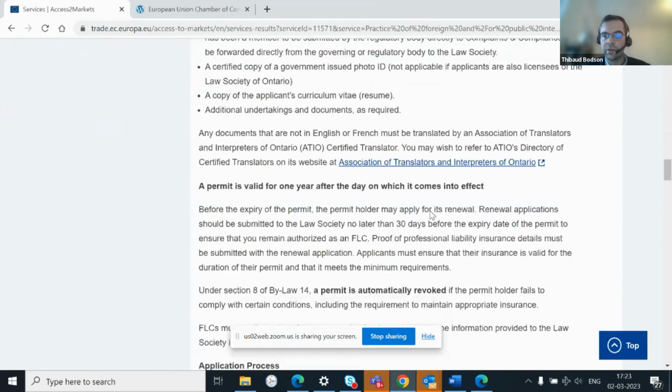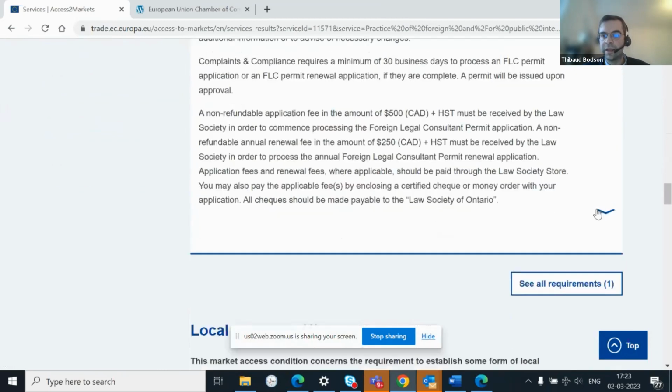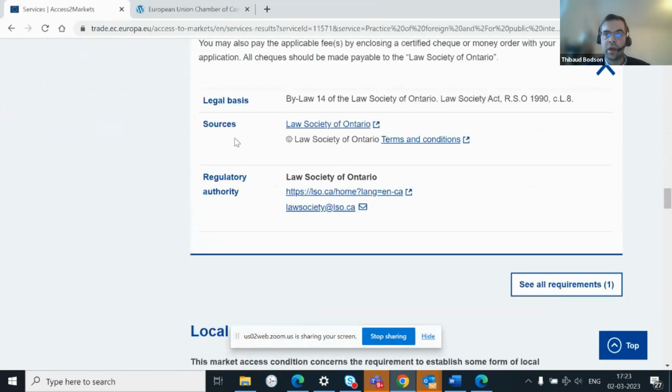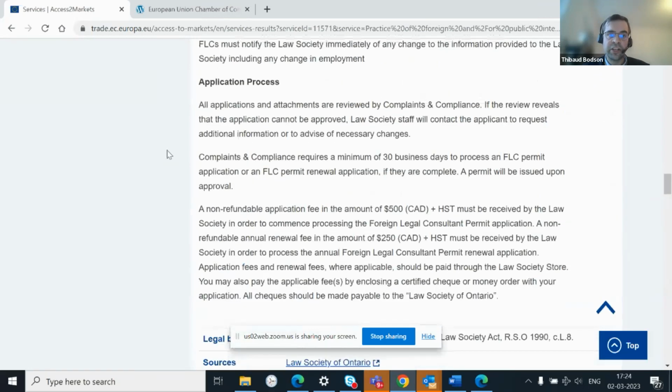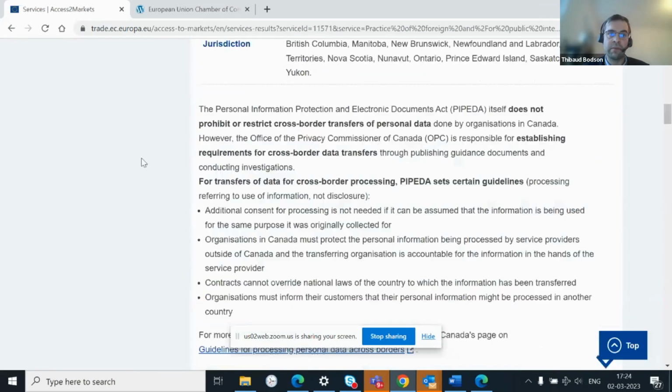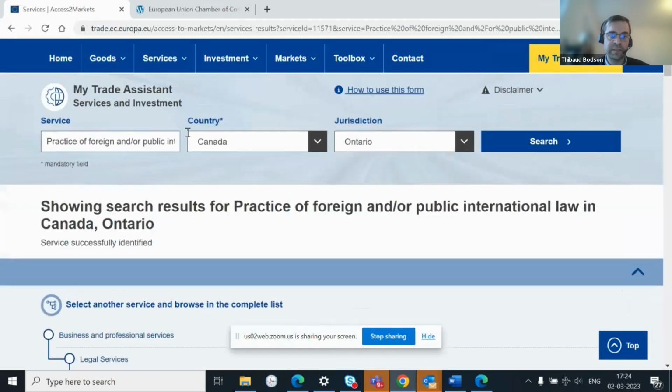If you scroll down, you will see also, by clicking here on the arrow, more information with respect to the legal basis from which the specific information has been extracted, the source, as well as the regulatory authority in charge of the provision of legal service in Ontario, and the contact details. So that's in a nutshell how you can use My Trade Assistant for Service and Investment.